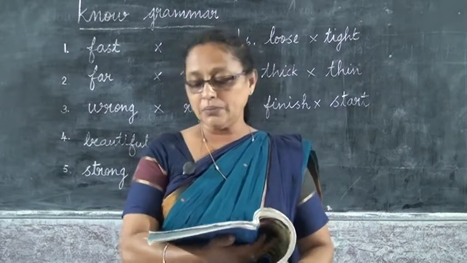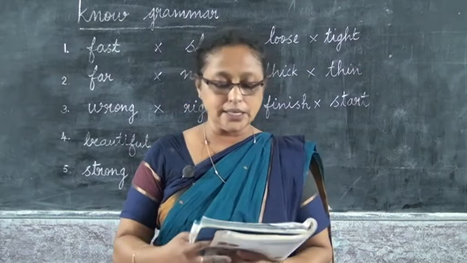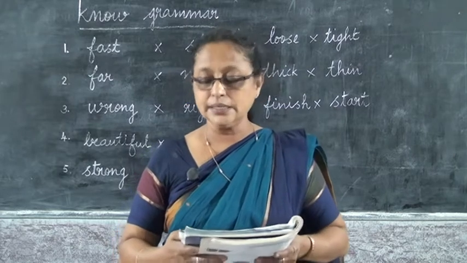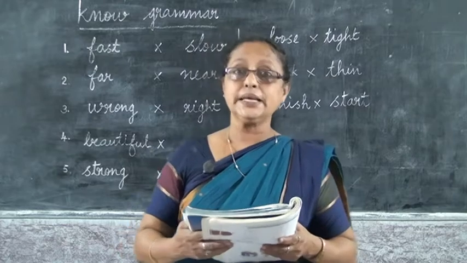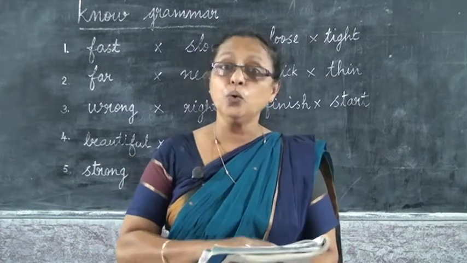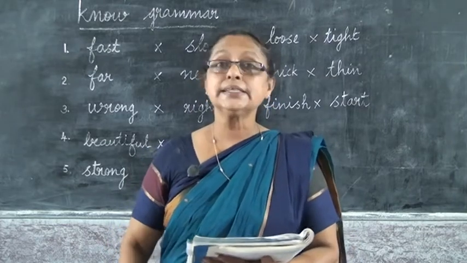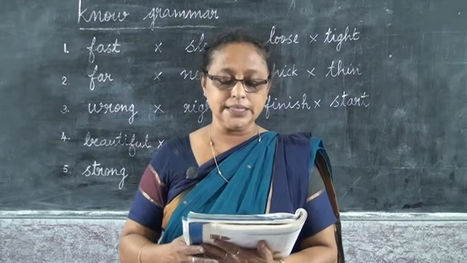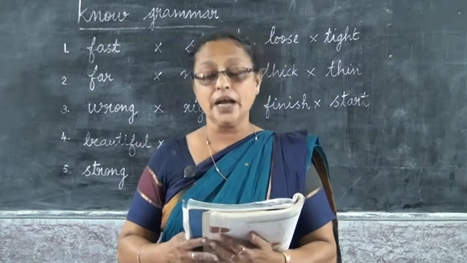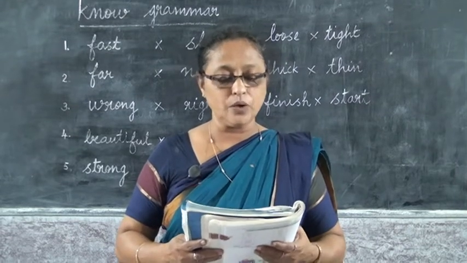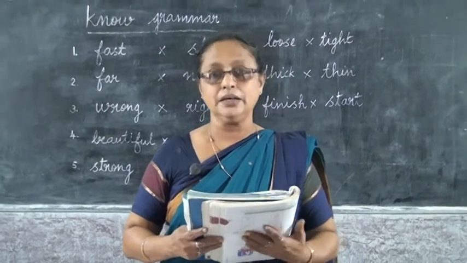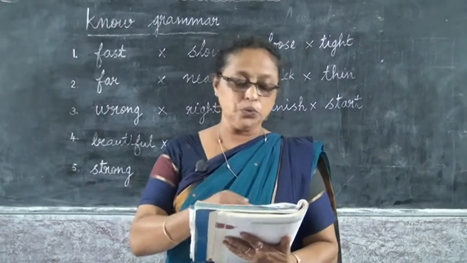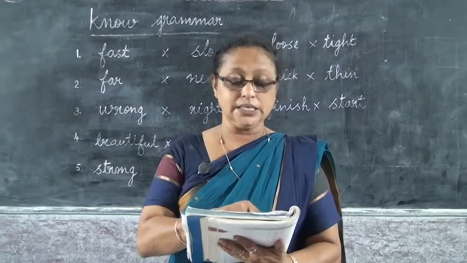Today I am going to take the same lesson, page number 33, no grammar. Page number 33, no grammar. That is G. Color the words in the boxes in different colors. Find the opposites of the words in each word search. Circle them with the same color. If you want, you can do that. That is the first one.